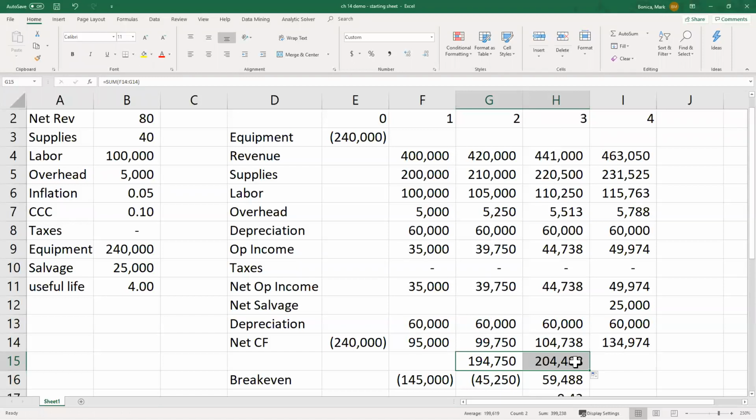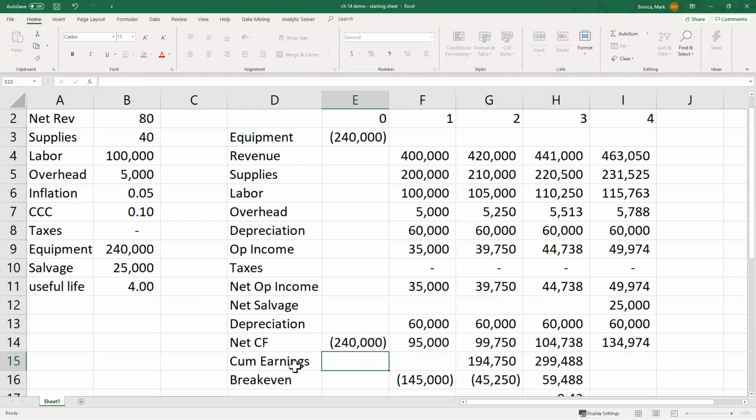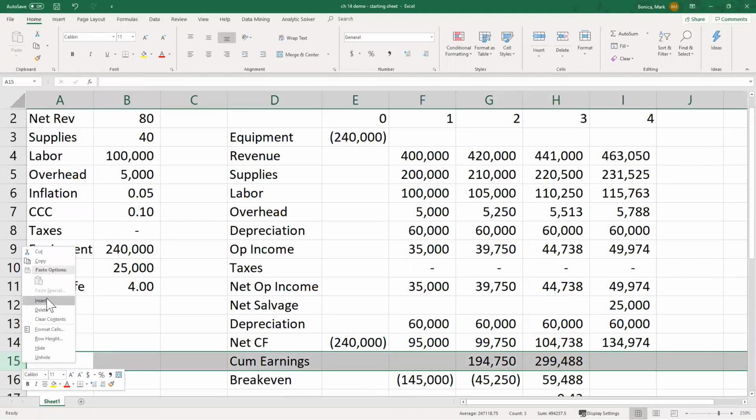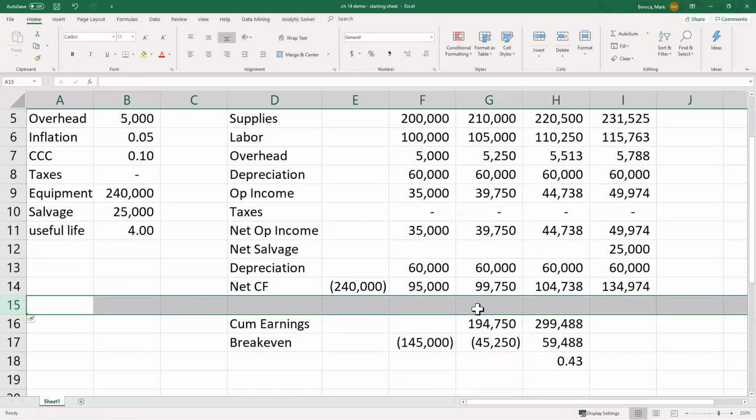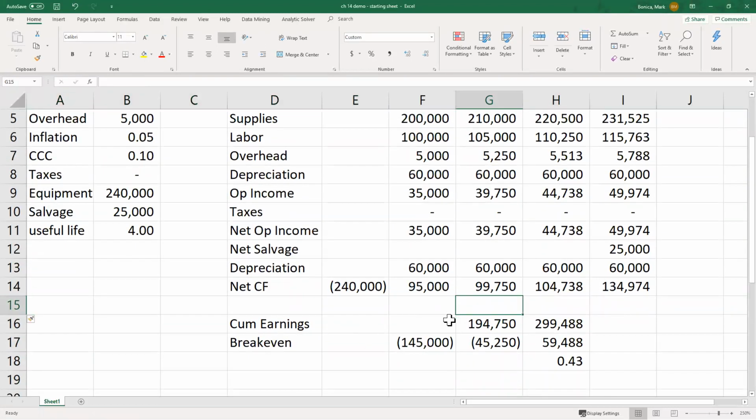At the end of year 3, I have earned 299,000, right? So these are my cumulative earnings, right? So again, there's not a single formula for this. You can't just plug in. You have to understand the logic of it. Okay, so